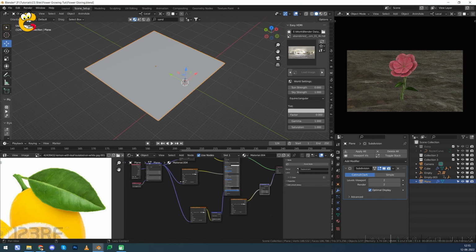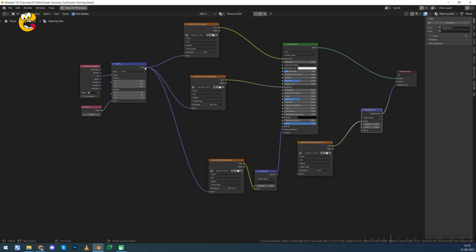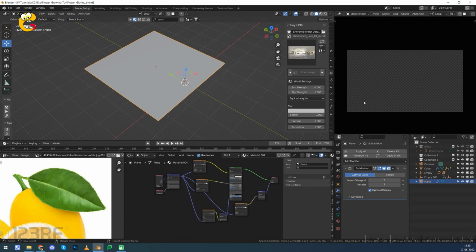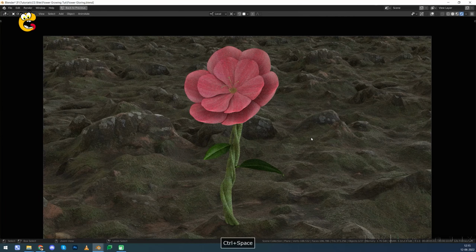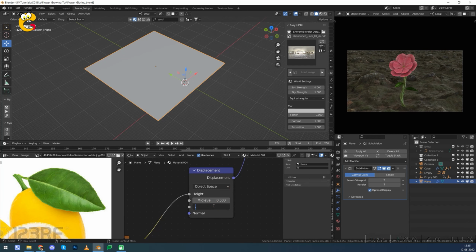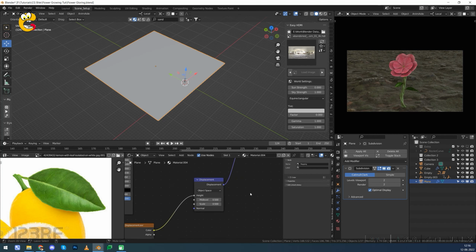So for this we can also connect this node to this one for correct height position. So you can see this is too much, so we have to decrease the scale value to point something, 0.3 or 0.5. Yeah, this is good, but our flower is mixing in the background,